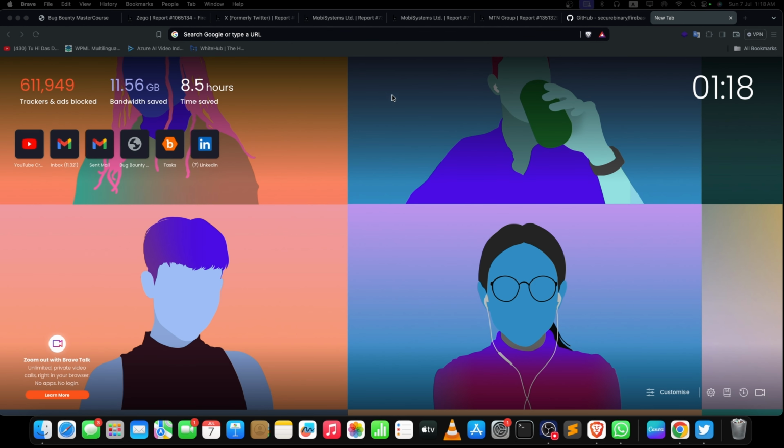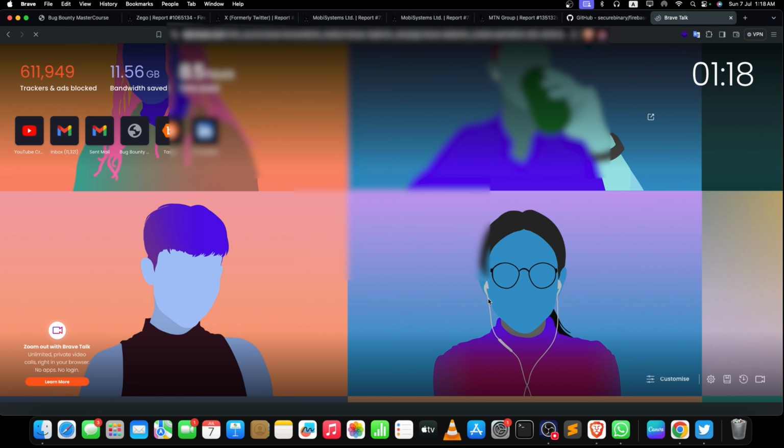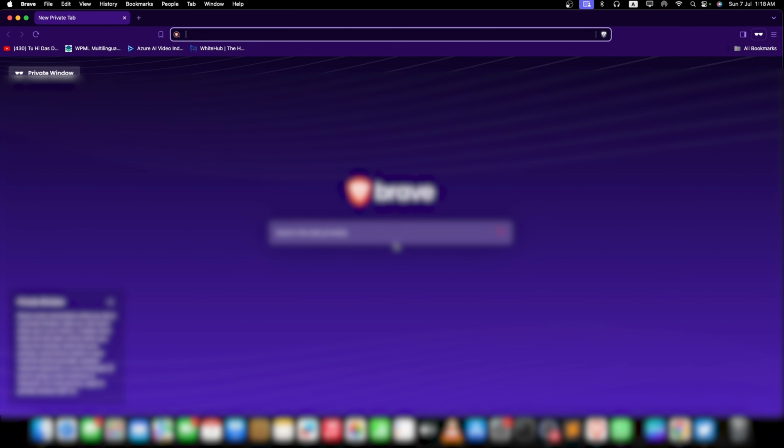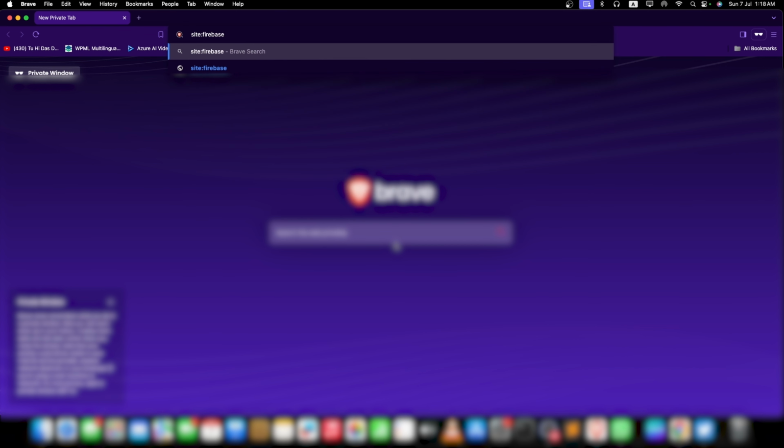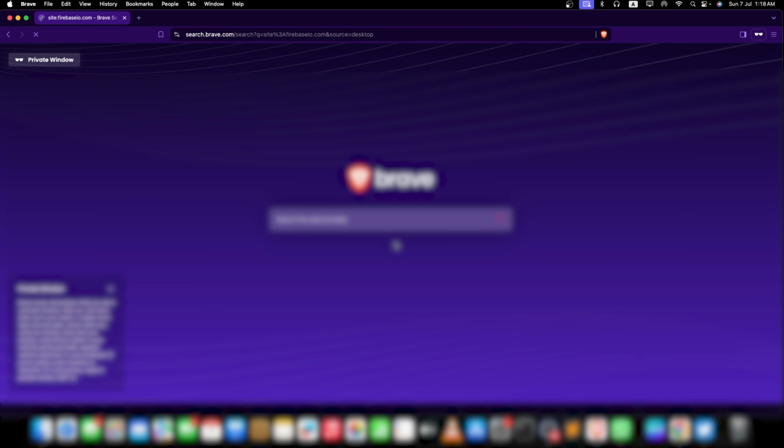Now you might be wondering how it is very easy to look out for all these types of bugs. It's real simple. You can just simply do a site colon and then just type Firebaseio.com, and then you're good to go. Now see, you can find a lot of Firebase URLs and you can check them for any sort of misconfiguration. I'm blurring them out at 10% just because I don't want to get any sort of issues, but it's simple, it's public. Right, so you can just take a look on all of them, like if you can do takeovers.